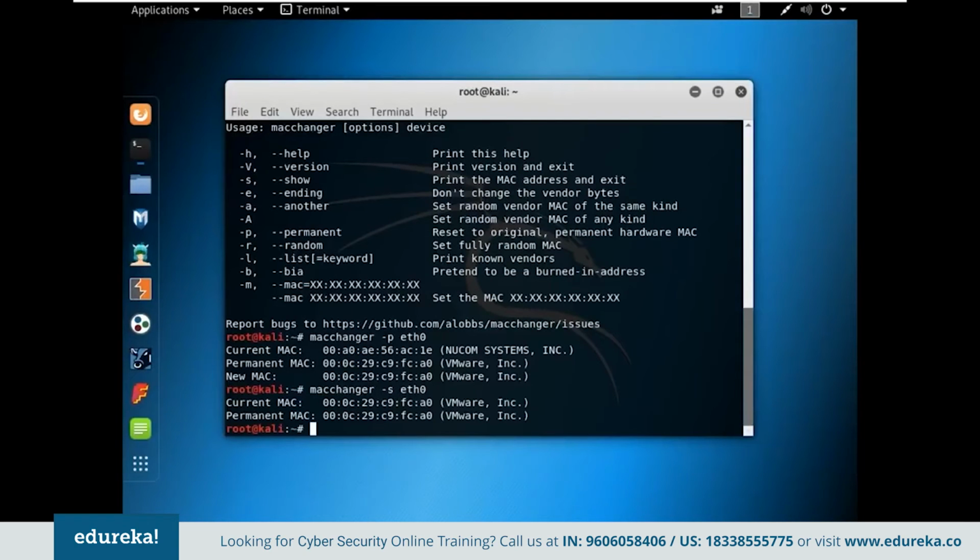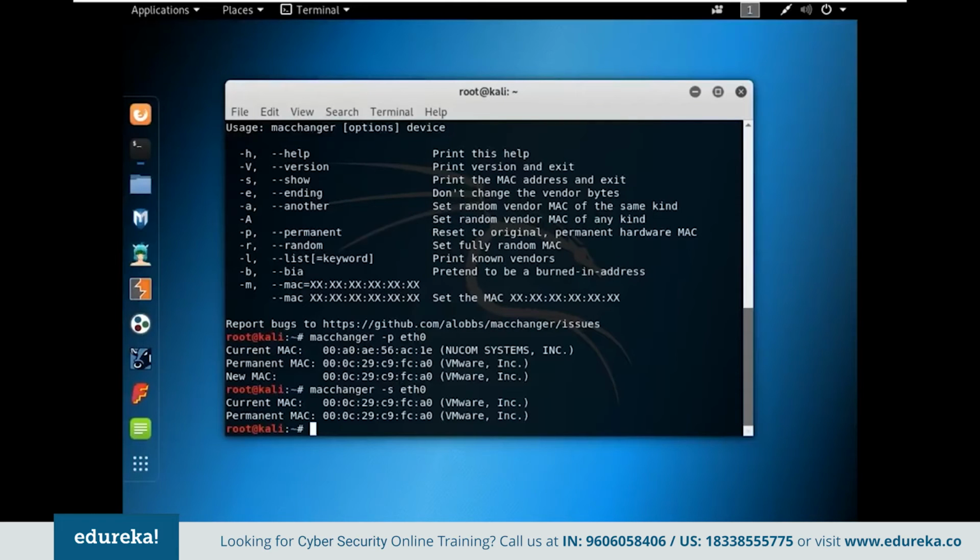Now you know how to use MAC changer to change MAC address whenever you need it. So by finding out the manufacturer of the network interface card, you can find out who actually is using the device. So it's important that you remain anonymous, whether you're using a small network like your home network or office network, or if you're using a huge network. Well, if it's for huge purposes, then you can always go ahead and use anonsurf and proxychains. So there you go, guys. We are done with our second tool, which is MAC Changer.